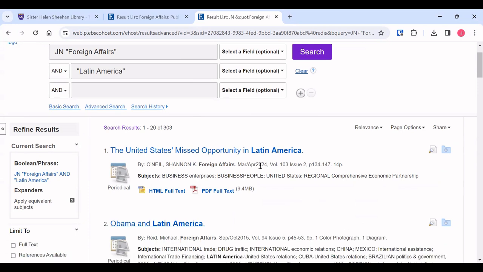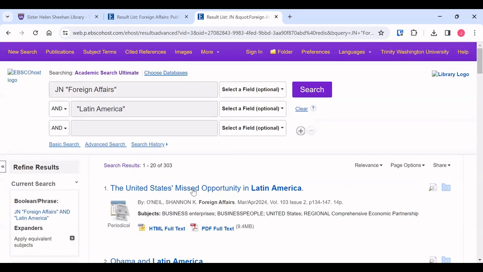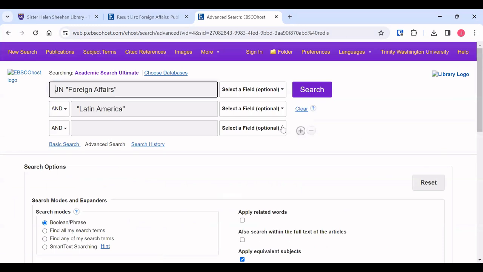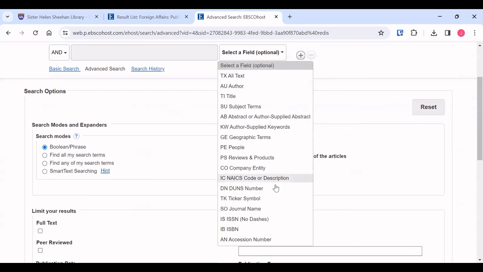Now, you may also want to search for it even further if you want particularly new options. So for instance, the first one is from 2024. It's pretty recent, but the second one is already 9 years old at this point. I'm making this video in 2024. So how can you adjust that? You can click Advanced Search and choose the date. Where is the date?